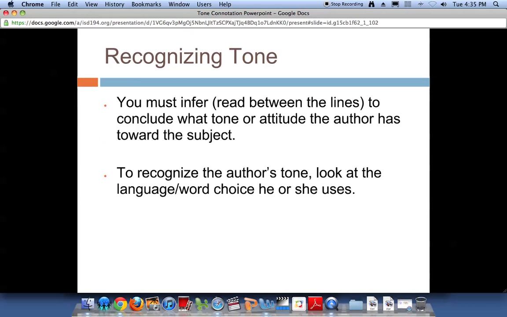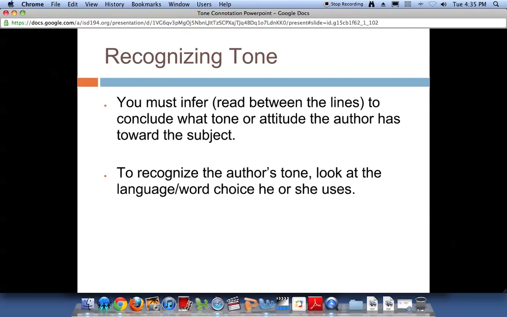So it's important that we try to recognize the tone while we read, and this is really important in all aspects of life, whether we're reading a novel, a short story, or even a friend's text message. What we'll find is it's not too uncommon for people to misread a text message. They'll interpret a message that maybe was meant as a joke or meant to be taken seriously, and someone misinterprets it in a way that becomes offensive. I think many of us have found ourselves in situations where this has happened.